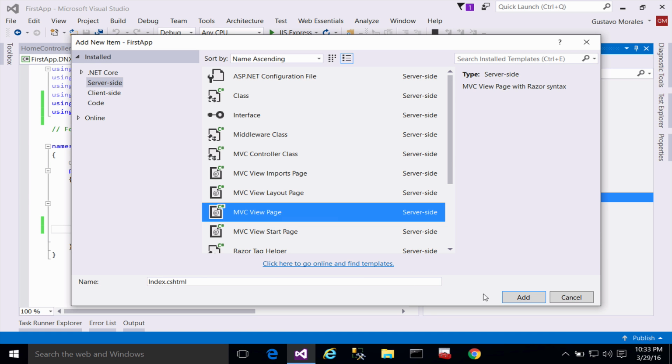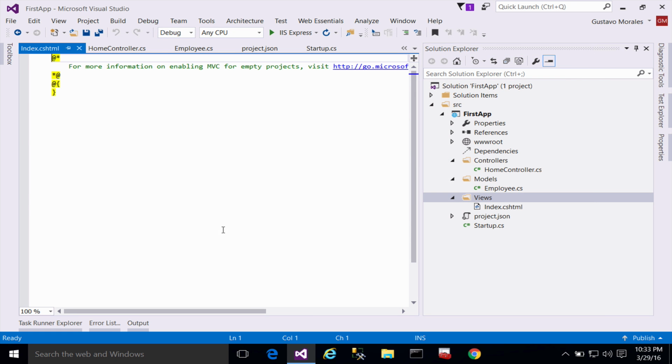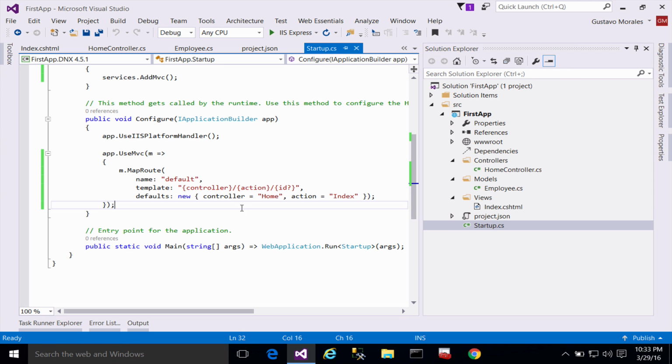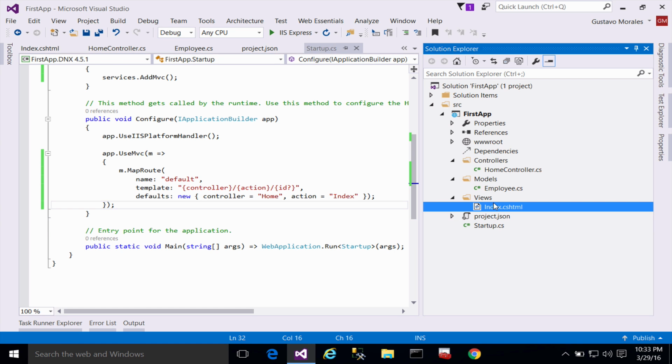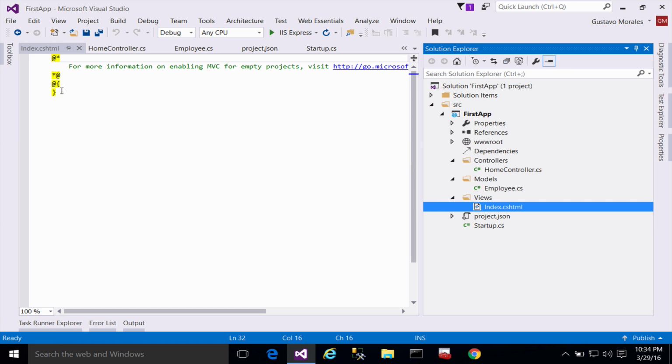defaults index, because if I go back to my Startup.cs, my action is index. So the system knows to go right here to index. So those two are the same files. If I click on index,